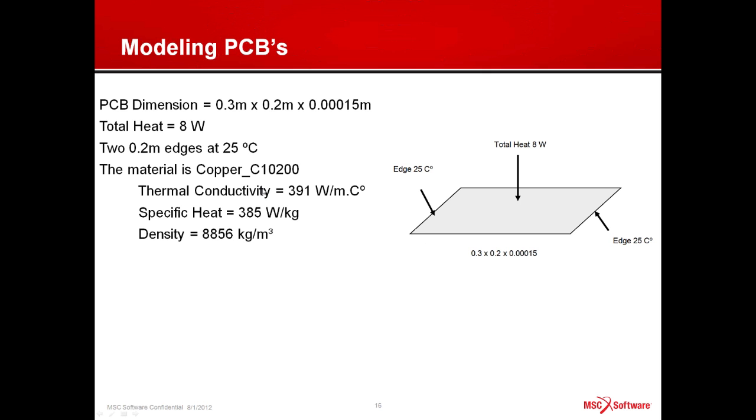Most people model PC boards that way, and they don't go into all the layers because that just adds more detail than is usually necessary. Sometimes you have to look at thermal vias and some effects on a board, but frequently you can just model the board as a thin sheet of copper. We do that because copper is about 1,000 times more conductive than the G10 or the epoxy fiberglass material. So the conduction in the epoxy is